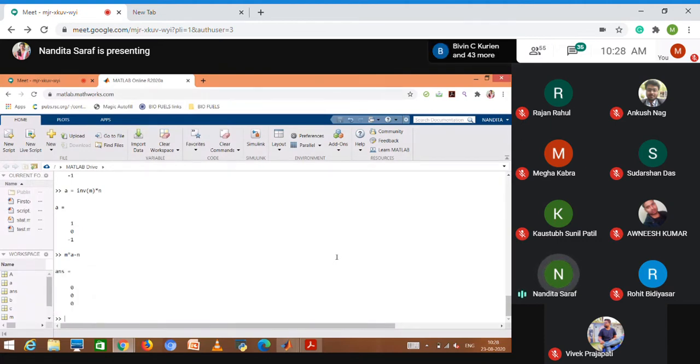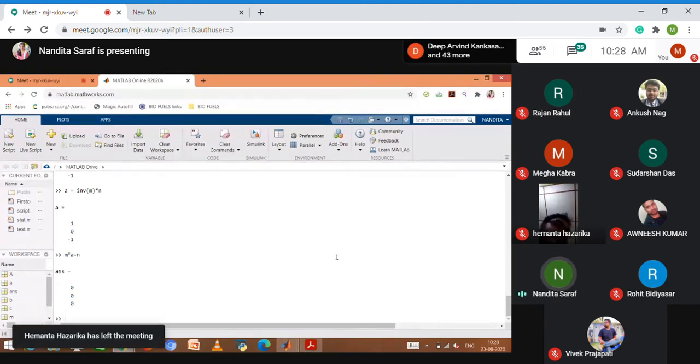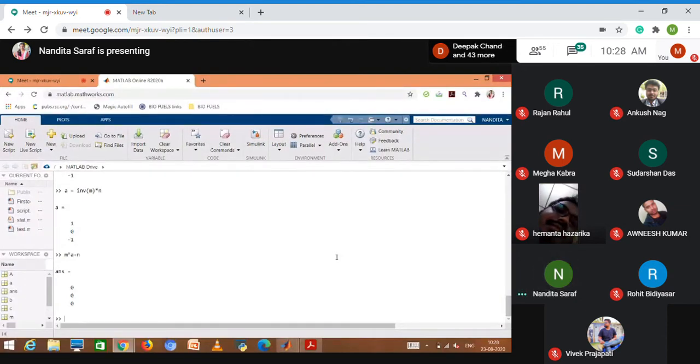I will start with the for loop. A for loop is used when you have a problem where you need to keep on evaluating as long as some condition is satisfied. In such problems, you have to use a for loop or a while loop.